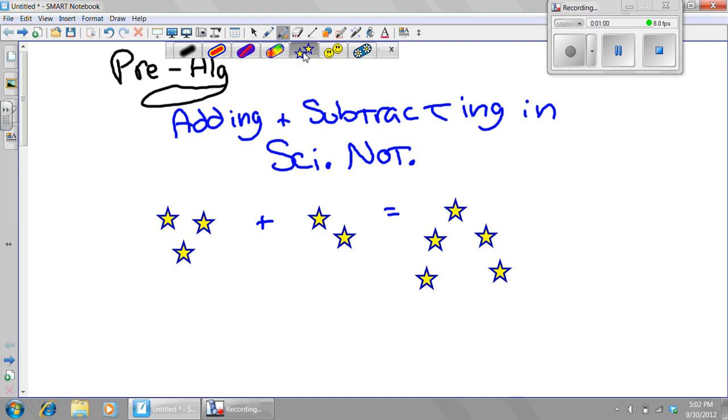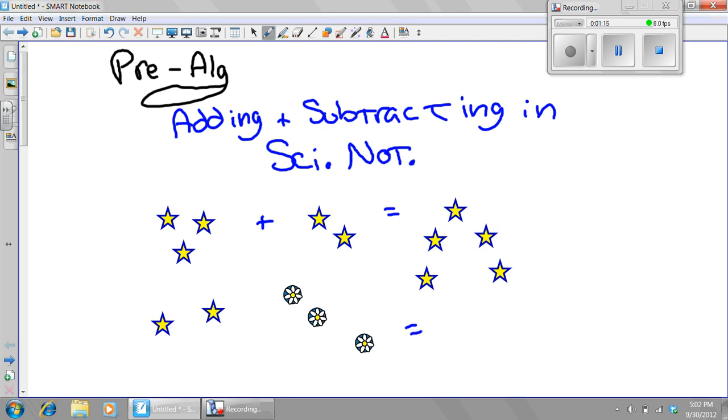Now, if I had 2 stars and 3 flowers, would I all of a sudden have 5 stars or 5 flowers? No, of course not. 2 stars and 3 flowers is 2 stars and 3 flowers. You can't put them together because they're not like terms. Now, in scientific notation, we're going to run into situations where they're not like terms, and we're not going to be able to put things together. But we will be able to,